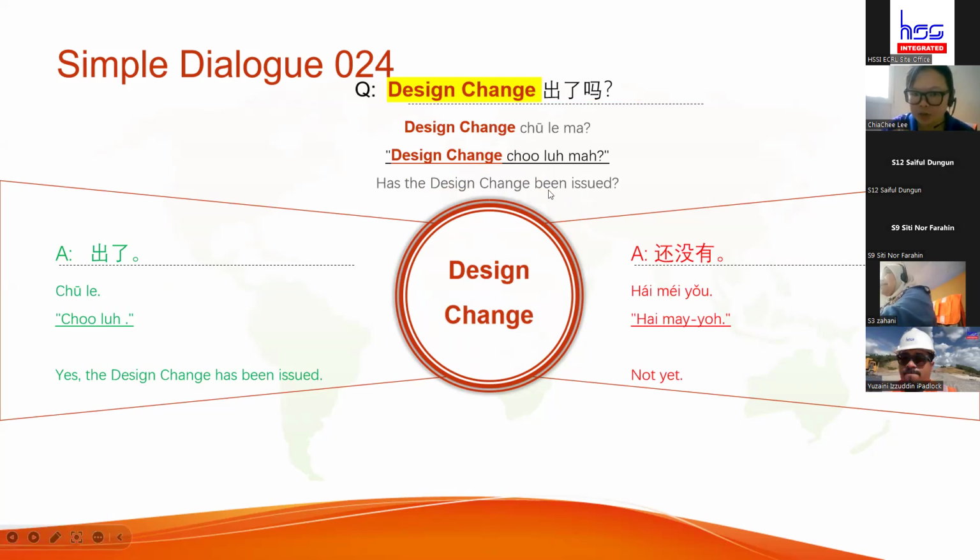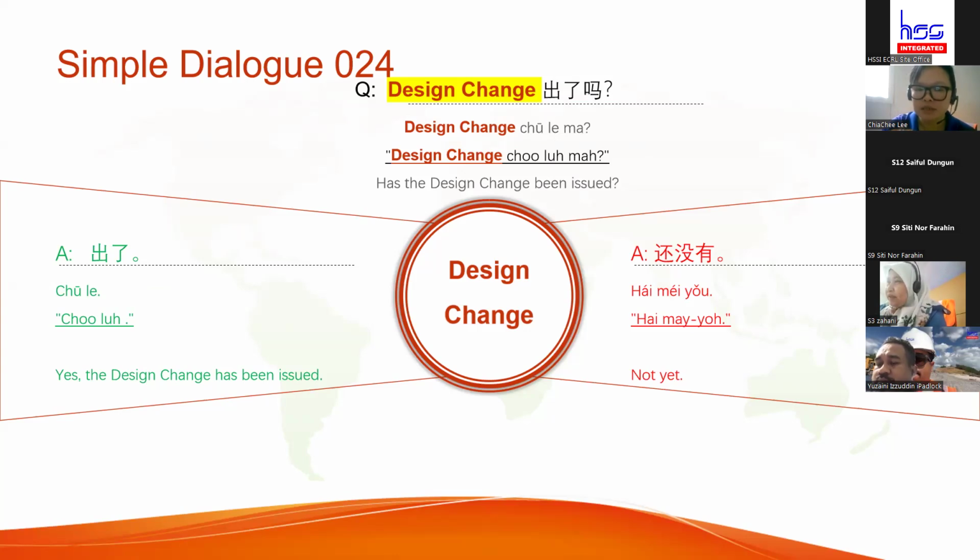Has the design change been issued would be the same structure. Design change 出了吗? 出了 is issue, 吗 is the question particle. 出 is first tone. 了 is neutral tone. 出了 吗 is question particle. So they may answer, yes, the design change has been issued. 出了. Design change 出了. Or negatively they say